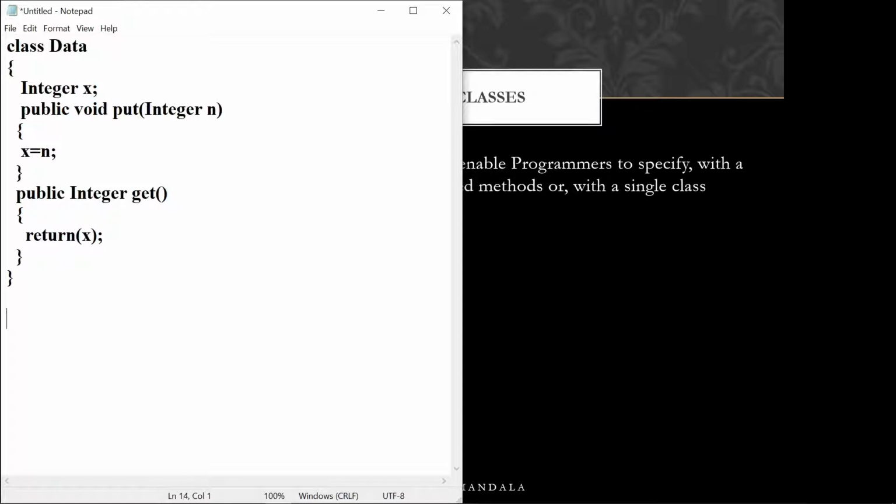Now to understand this, I'll take one main method. Let us call that class ex2, and in this class I'll write my main method.